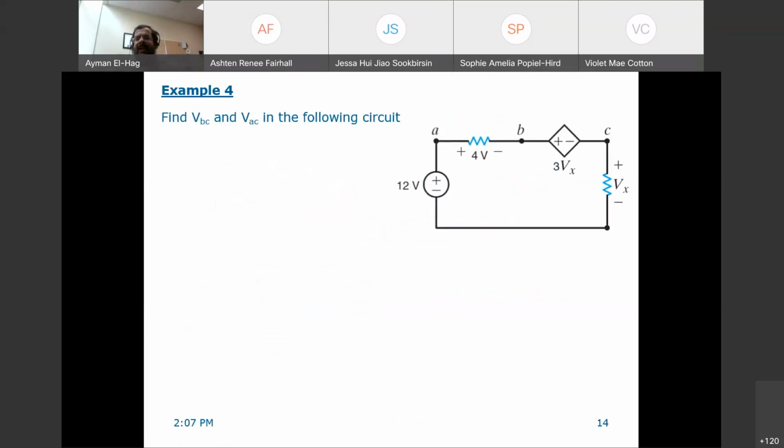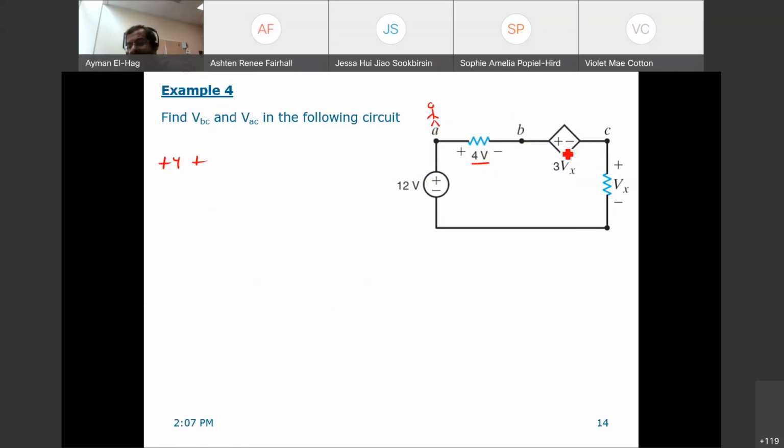Okay, so let's give this example, and then this is the end of today's lecture. It says here: find VBC and VAC. Okay, so you are here, and you want to add all the voltages around you. So we have 4 volts plus